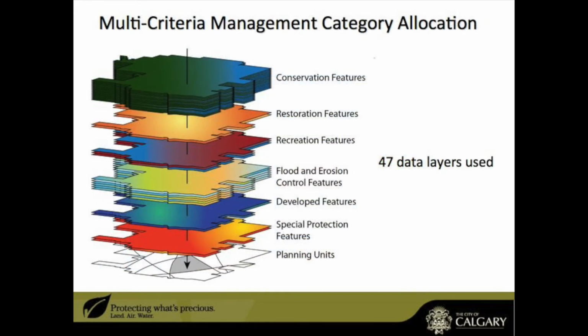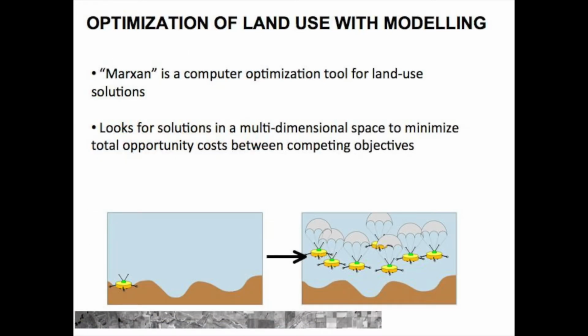And we went through a GIS overlay procedure and model to format and crunch different feature data layers that would represent opportunities for each of those classes. It was about 47 data layers formatted and used in total. So for each of those potential zones, we had feature classes within there. And the idea was to minimize opportunities and maximize including features that were associated with conservation or restoration.